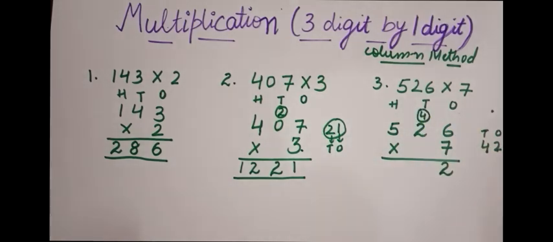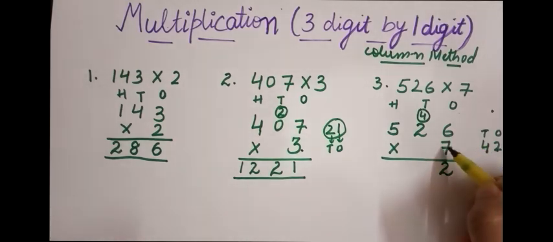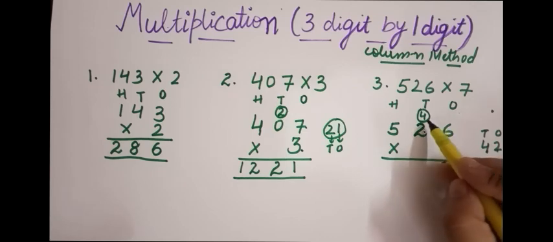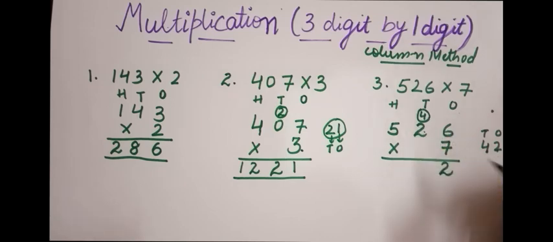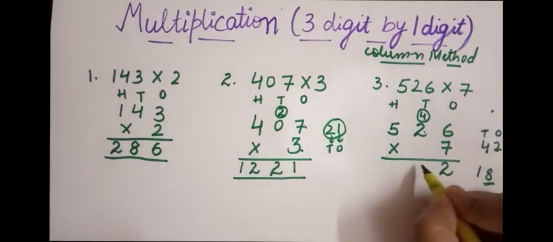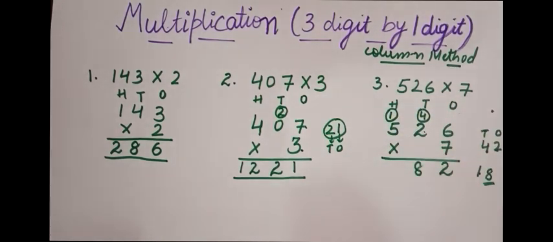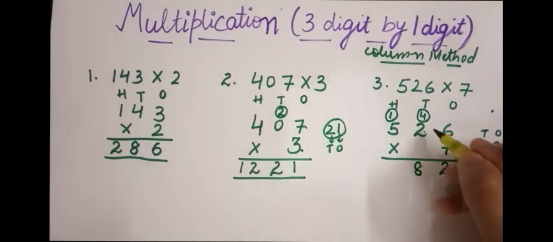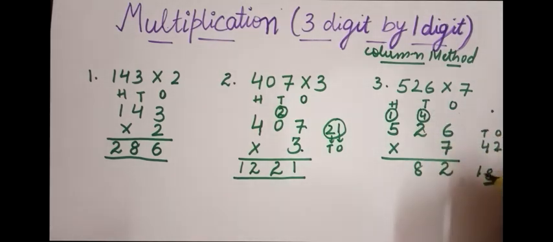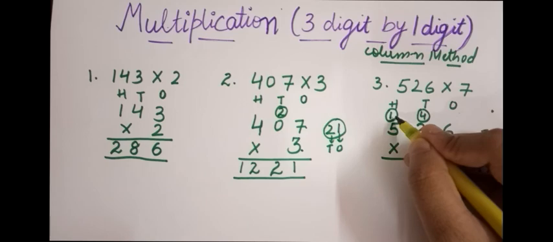So this 4 I have used as a carry. Now this I have done. Now I will multiply this 7 by this 2. So 7 2s are 14. And we have to add this 4 which is the carry. So 14 plus 4 is 18. So this 8 I'll write down here, and this 1 I will use as a carry like this. So is it clear? 7 2s are 14 plus 4 is 18. So here it is a 2-digit number again. This I have written down, and this I have used as a carry here.